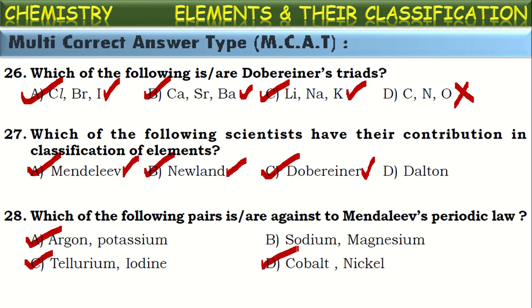At these pairs of elements, he did not follow the periodic law. He arranged the element with the greater atomic weight first, followed by the element with the lower atomic weight. Okay, so these pairs of elements are called anomalous pairs in Mendeleev's periodic table. Okay, these three, A, C, D, are the correct answer. Next one,